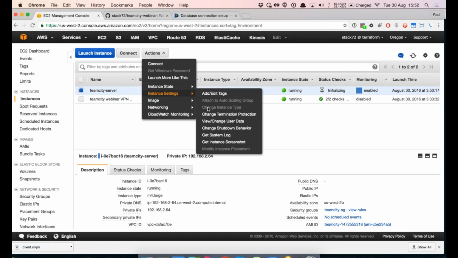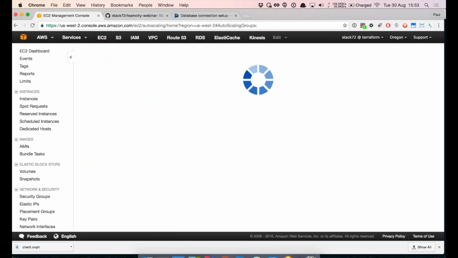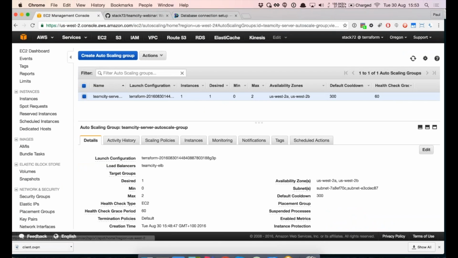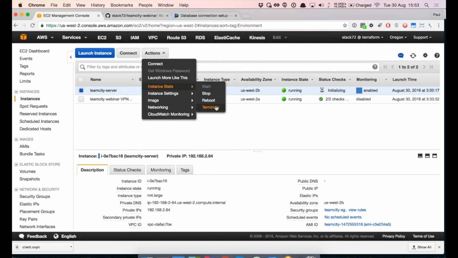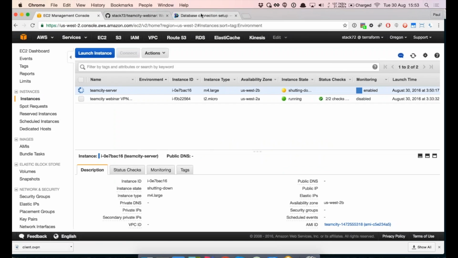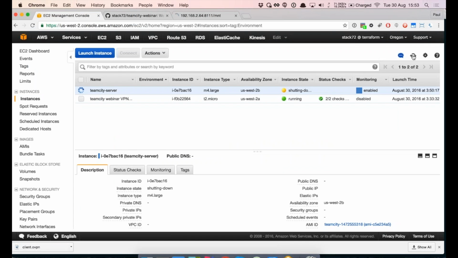For the purpose of just showing that it's an AutoScaling group, an AutoScaling group will allow us to destroy the node and it will bring it back up in its place, because we have told it that it should have one node available. I have 7 minutes and I have still got a few things to get through, so we're going to destroy this node. So we're going to terminate it. We're going to see that that node disappears. It's gone. So it's in the shutting down phase,